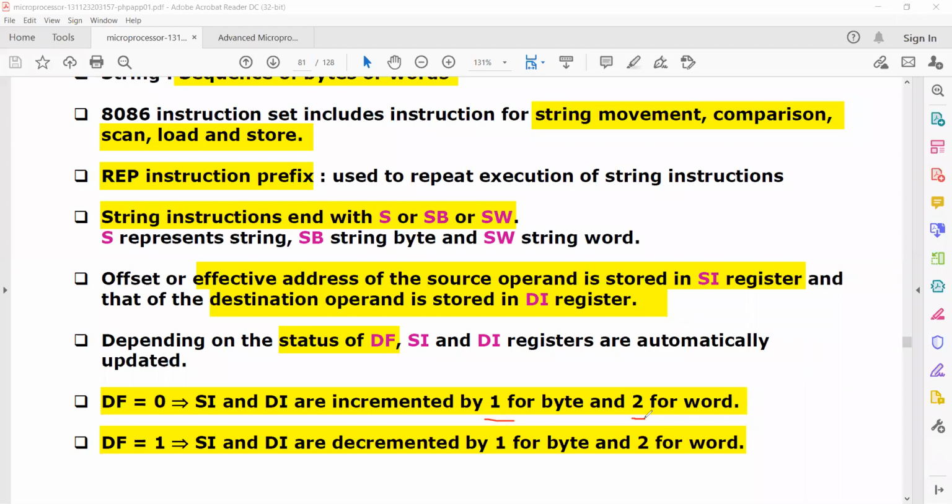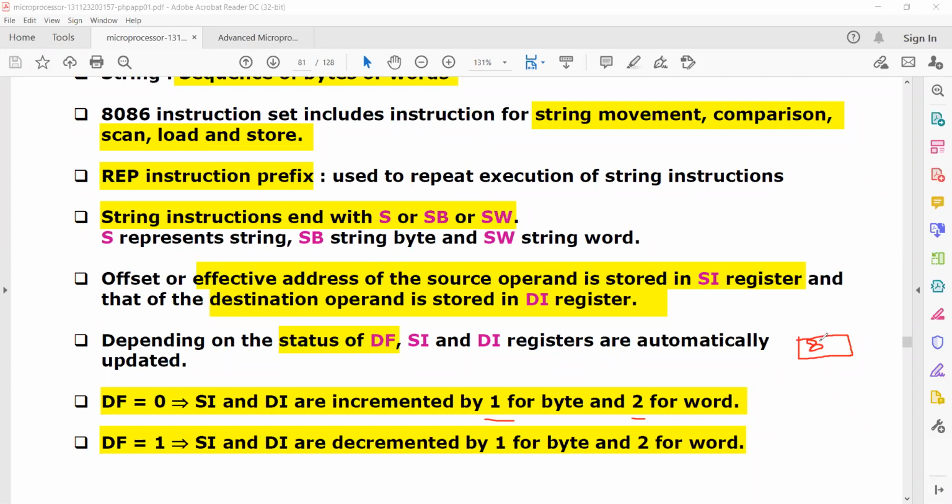See, why byte? Any memory location that you take, suppose this is a memory location, can handle only 8 bits. So that is the reason why for byte the increment will be 1, and for word the incrementation will be done by 2.